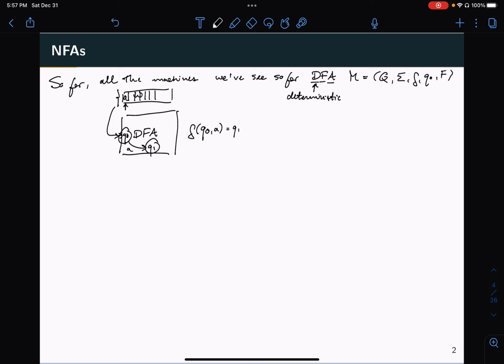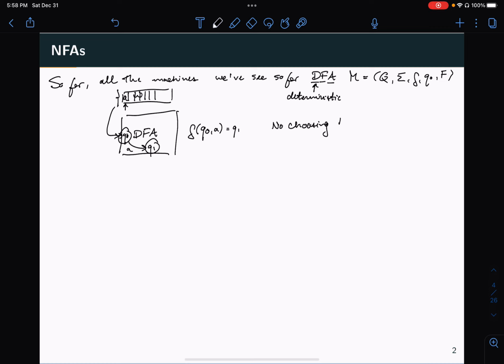Okay, and the reason why we called DFAs deterministic is because given a state and a letter being read, the machine would go to exactly one state. Okay, meaning that for any state and for any letter that your machine was reading, the next state that it would go to was deterministic, right? There wasn't a choice to be made, okay? So the key here is that there was no choosing the next state,